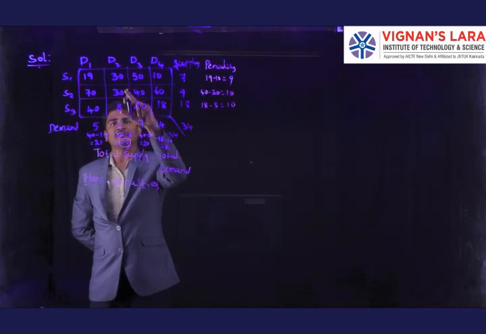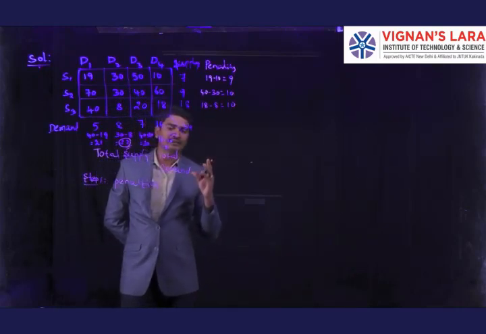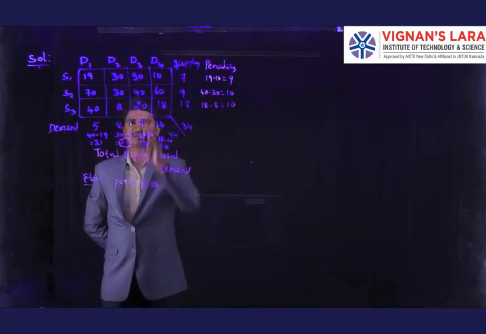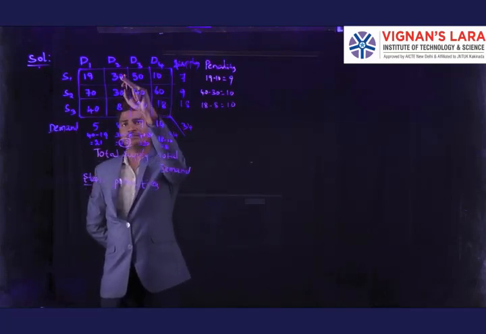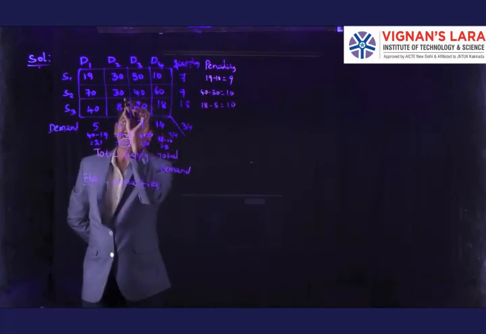In this column we have different unit costs: 30, 38. Our goal is to transport the commodity with a minimum cost. So here we have to identify the minimum cost. These are the cost values. From this column we have to identify the minimum cost. Which one is the minimum cost? 8 is the minimum cost.